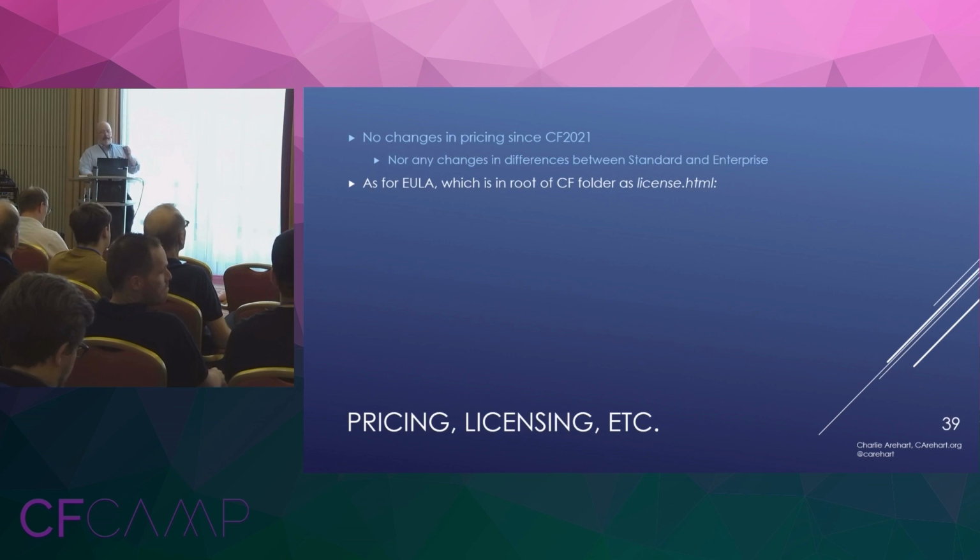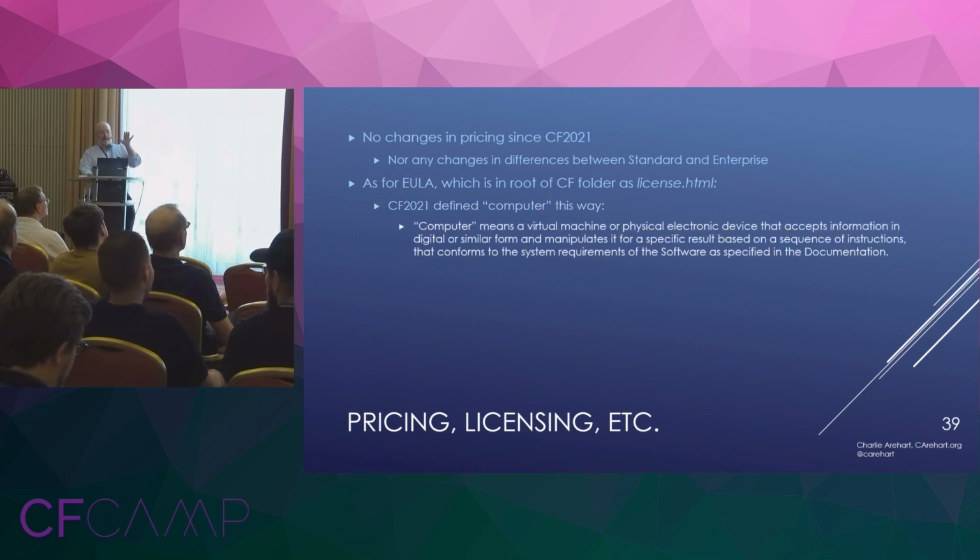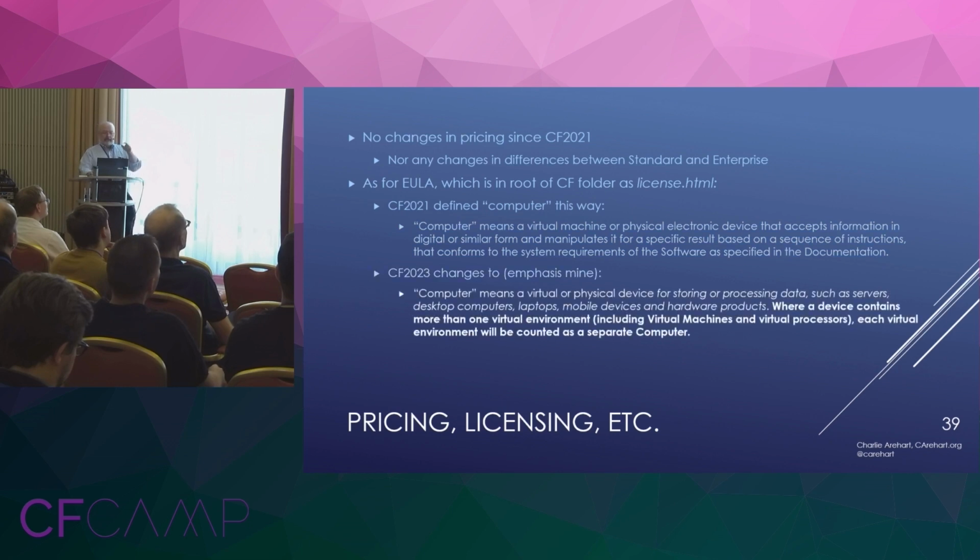The EULA is in the license.html file in the root of your ColdFusion directory. If you didn't know that, you can read the EULA yourself, and I read it, and the only significant change I found was their definition of the computer. In 2021, it was this verbiage. In 2023, it's this slightly different